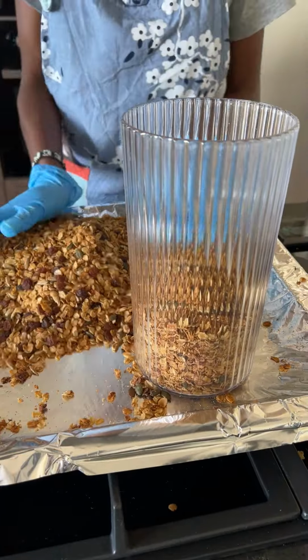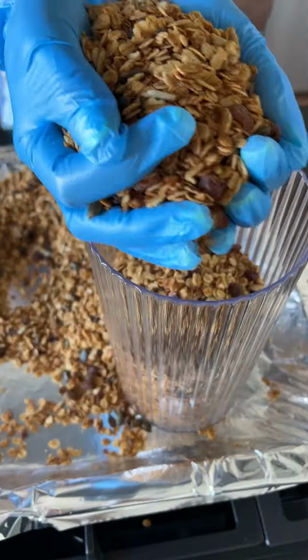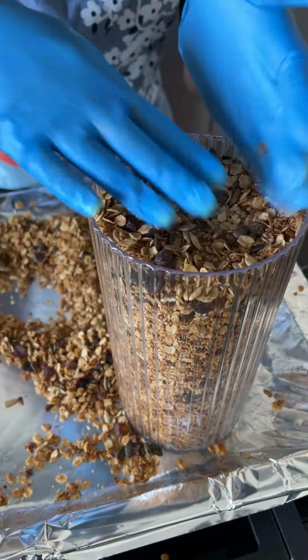So I put it in these tins, and I have a whole week. Okay, we are the 2 of us in the house, so I have a whole week